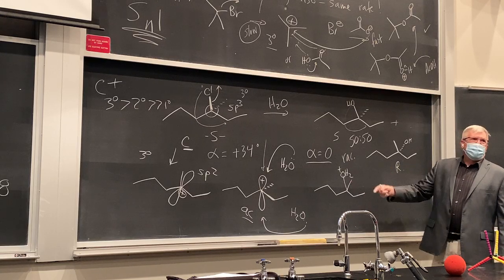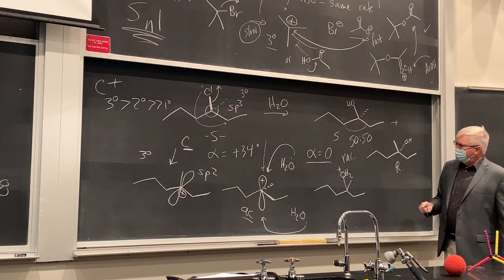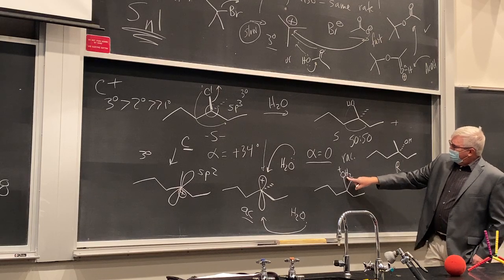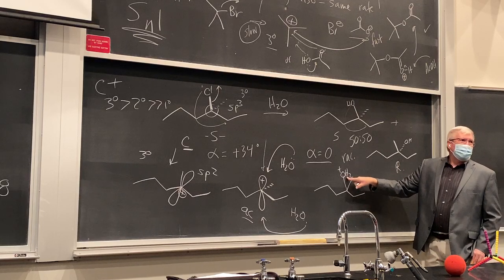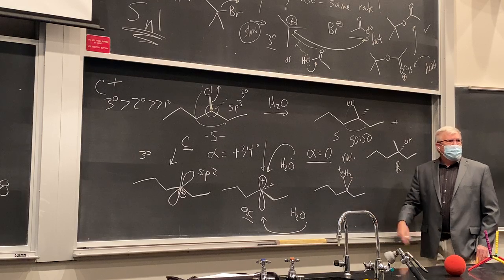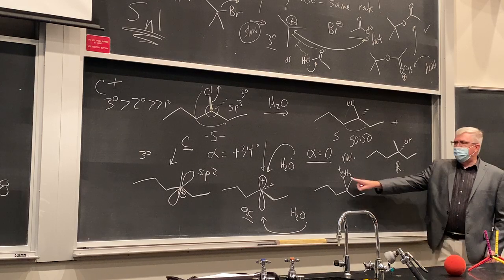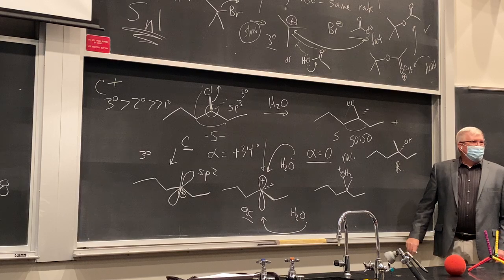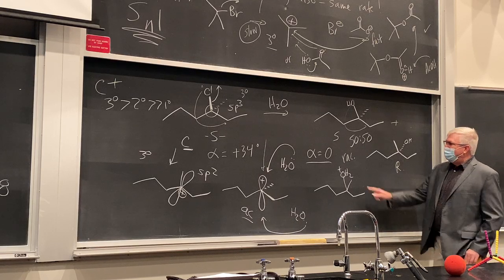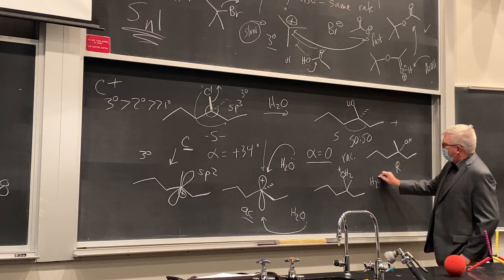It doesn't matter, it's coming from the top or the bottom. It's giving both the S and the R. But after the attack of water, it's going to be this. Remember, that's called a hydronium ion. It's kind of like protonated water. It has a pKa of -2. It's a very strong acid, so anything can actually take that off. So you're in water,